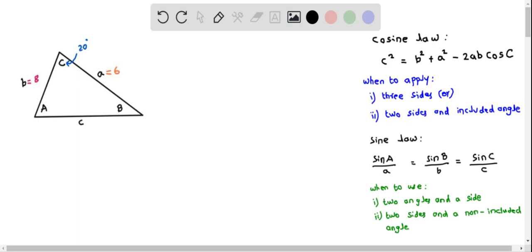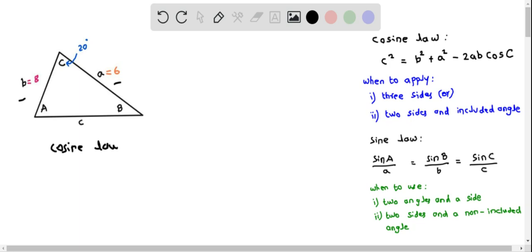First, we are going to decide which law we can apply based on the given information. When we look at the rules, if we have been given the three sides, we can use the cosine law, or if we have been given two sides and an included angle. So clearly we are given two sides, that is b as well as a, and the included angle between these side lengths, that is angle C, is given. So we can apply the cosine law. So I'm going to first use the cosine law